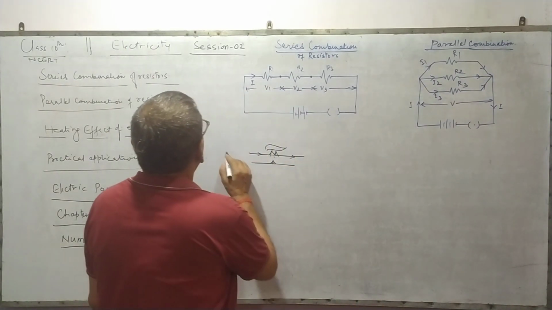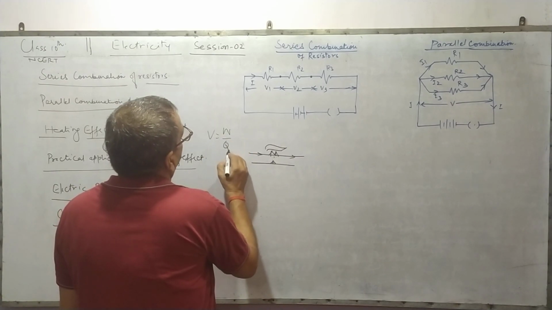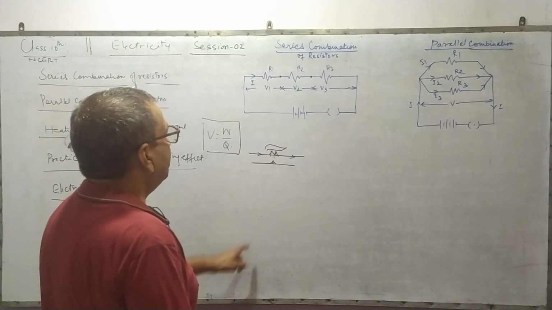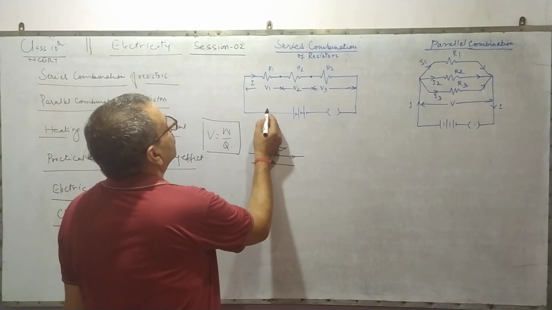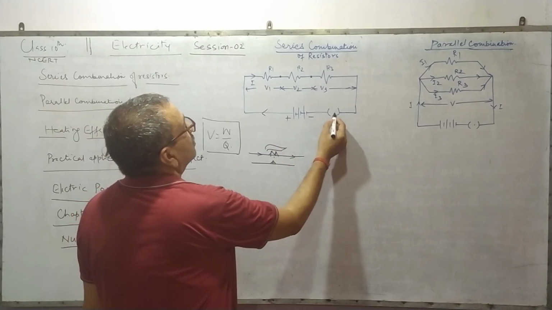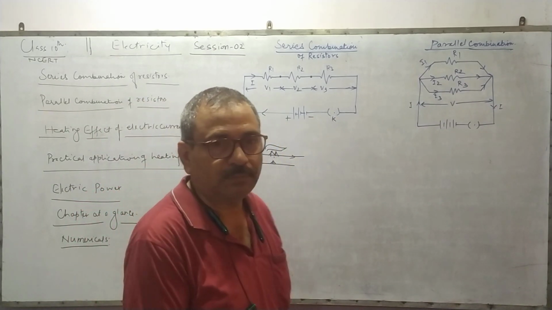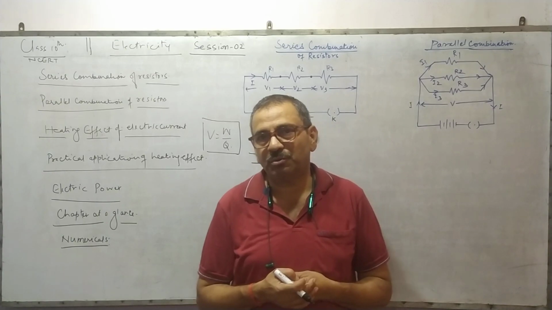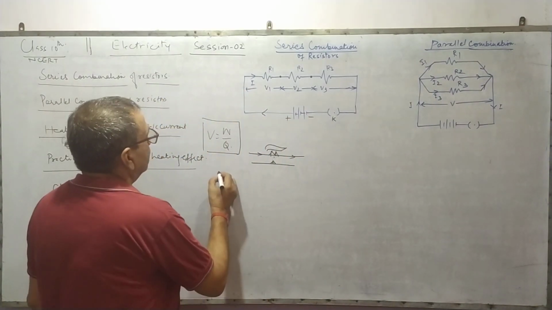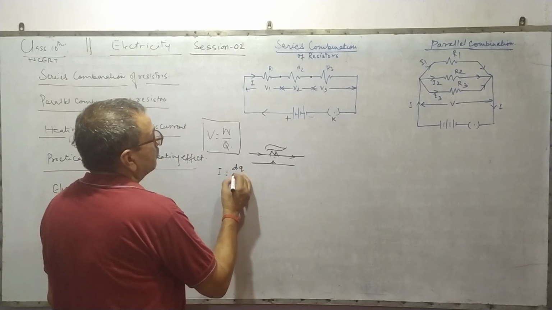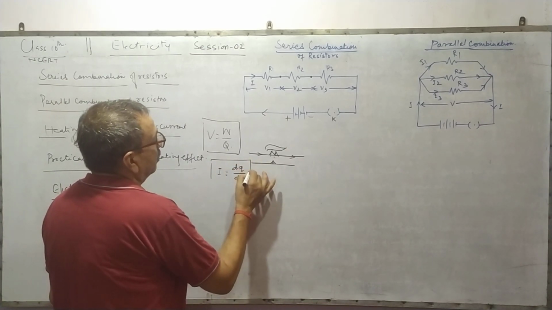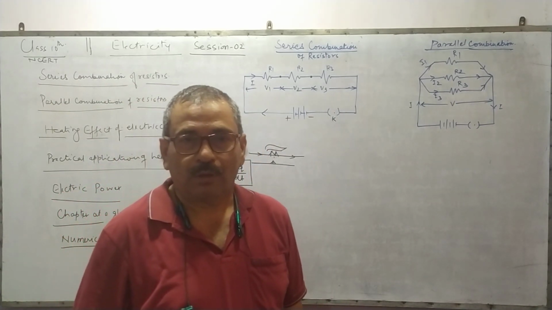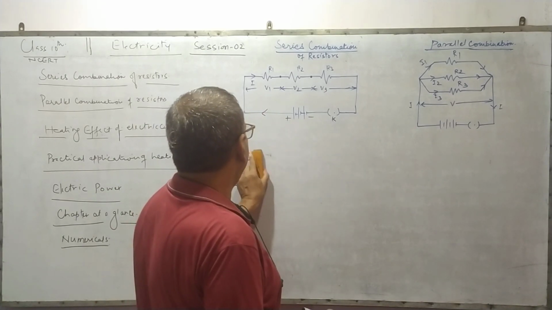What is potential difference? V equals W upon Q, that is work done in moving unit positive test charge from a point at higher potential to another point at lower potential. Higher potential is this, lower potential is this, this is the plug key. What is electric current? Rate of flow of electric charge, I equals Q by T. Instantaneous current is the rate of flow of charge, dq by dt in calculus form, in mathematical form. Coulomb per second, ampere is the unit.